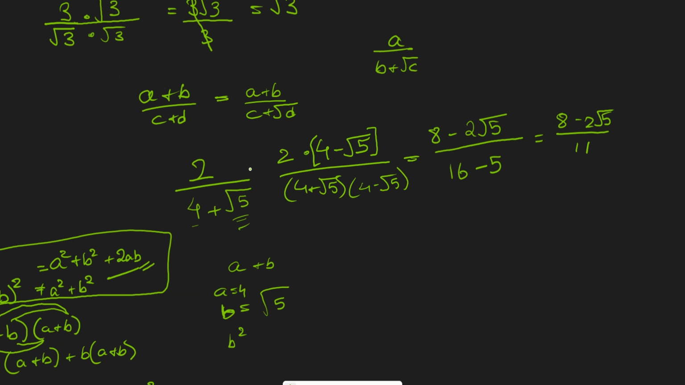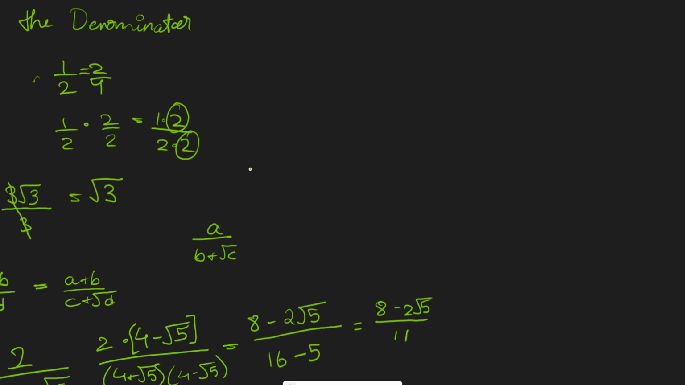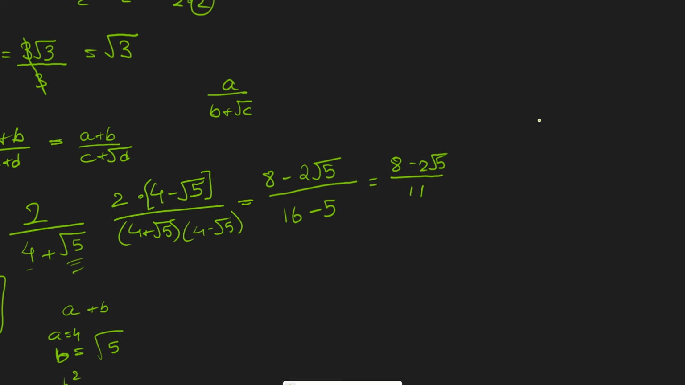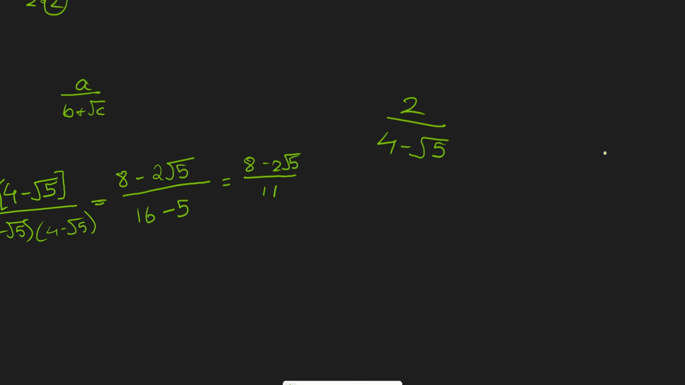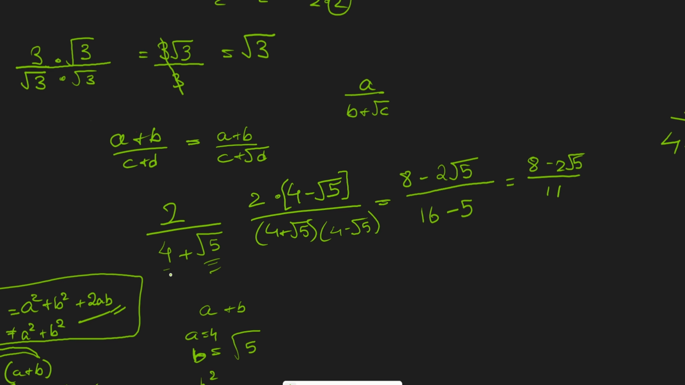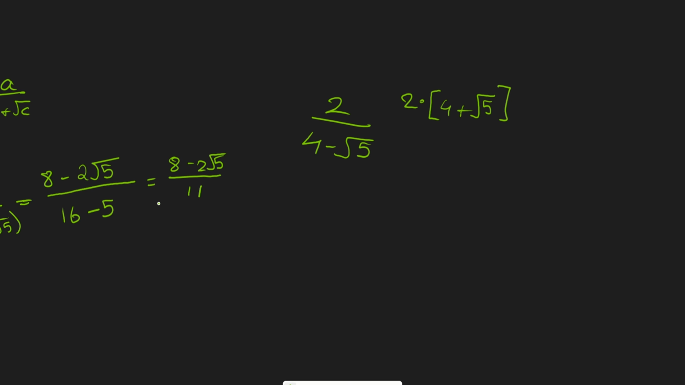Right? And sometimes you may be lucky and you may be able to cancel, right? So now if you have 2 by 4 minus root 5, all you'd have to do is, rather than multiplying with 4 minus root 5, this time you're going to multiply with 4 plus root 5, right? Because we want to have that a plus b times a minus b. In this example here, we have the a plus b term, we don't have the a minus b term. In this example, we have the a minus b term, we don't have the a plus b term. Right? So 4 minus root 5,